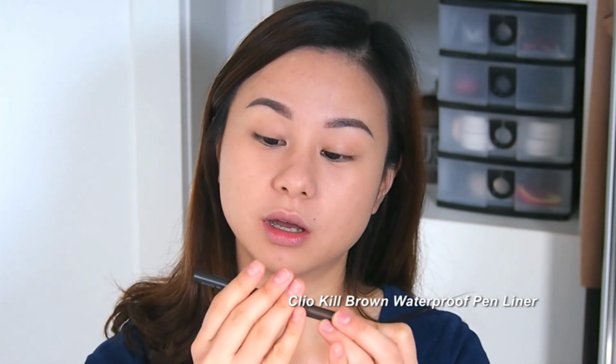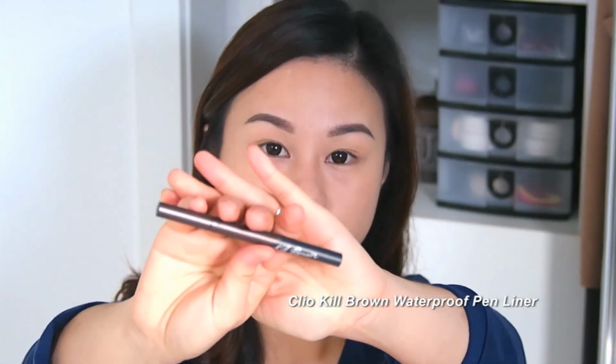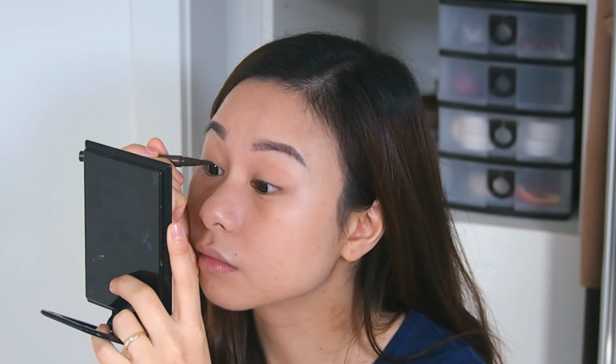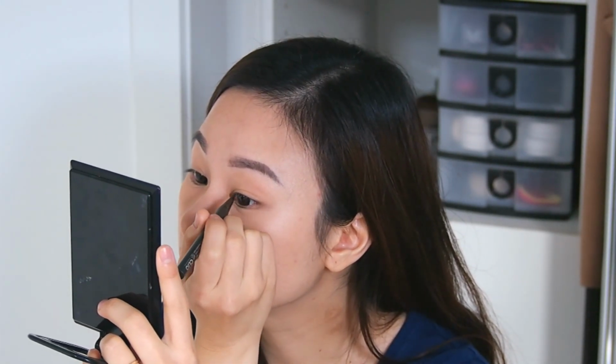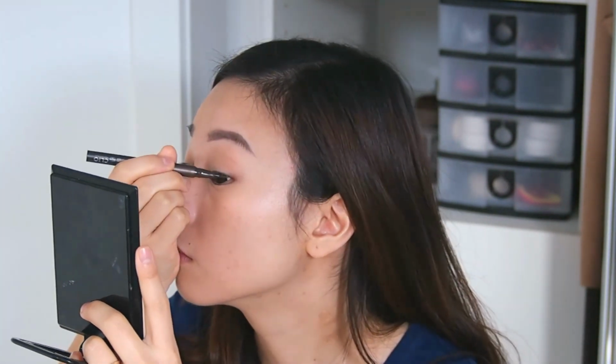So now the setting is done, I'm going to jump into putting my eyeliner, and what I'm using is the Kill Brown Waterproof Pen Liner by Clio. What I'll do first is I'm going to tightline my eyes. So now I'm using a second product for my eyes. The first one, I used a brown color to do the tightlining of my eyes so that it looks more natural